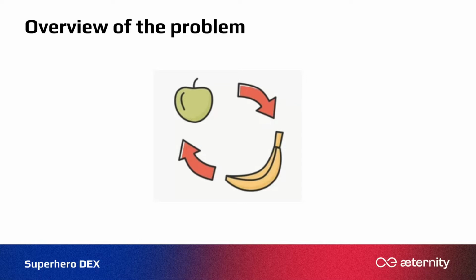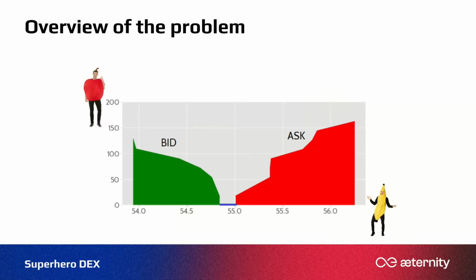So what is the problem that we're trying to solve with the DEX? Basically, the idea is that you have two items that you want to trade fairly, and to trade it fairly, you need to determine a price and enable the swaps or the exchange to be happening. And if I want to trade an apple to a banana, it's really hard to figure out how many apples are worth how many bananas. And the system that is commonly used for that